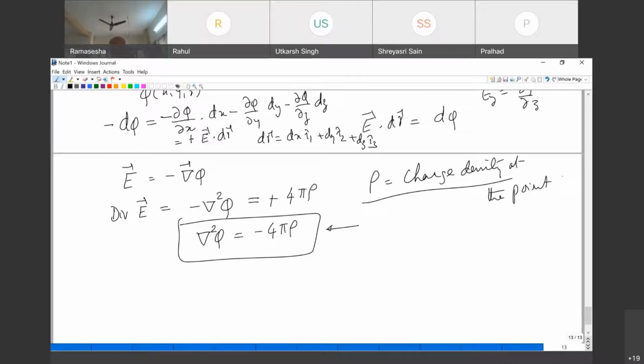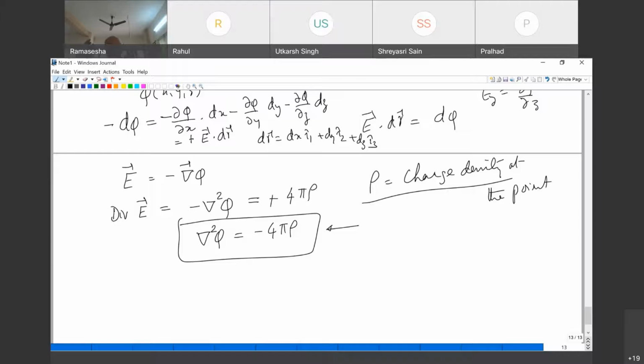Okay. So any questions? Is that clear? Why it should be the charge density and not the charge? Yes, sir. Initially you were telling something about the conservative field work, and that is why we should be able to write it as a gradient. Can you repeat that once again?